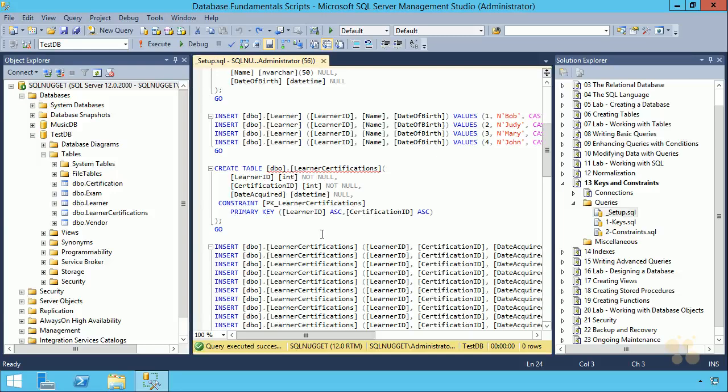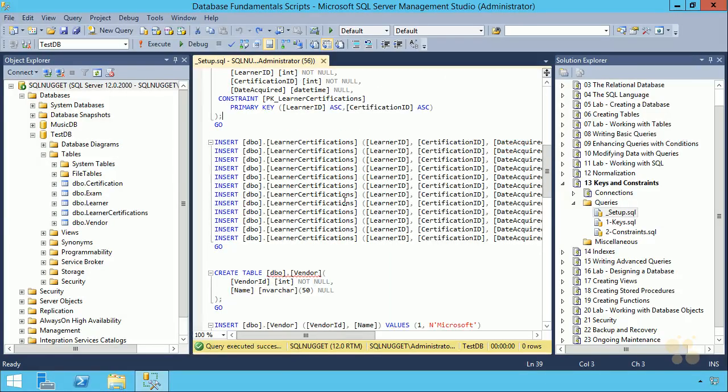When you're working with SQL, you're going to find there's a lot of ways to do one thing. So you can create your constraints while you're creating your tables, or you can run an alter table statement after the fact and add constraints to the table, which is what we'll be doing from here on out, because this database is partially completed. We've got a lot of work to do to get all of our constraints onto here, but we do have our primary key set up here, and that's what I wanted to show you inside of